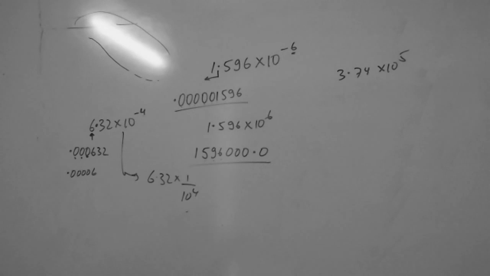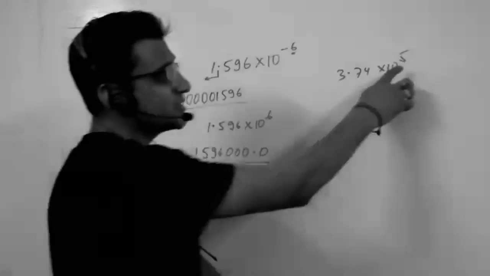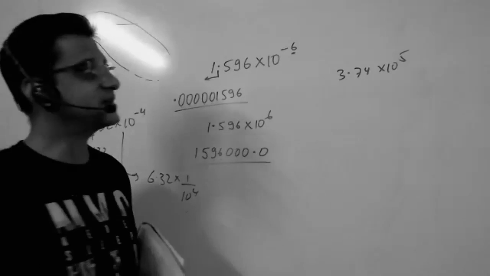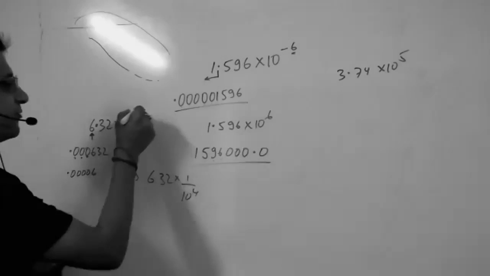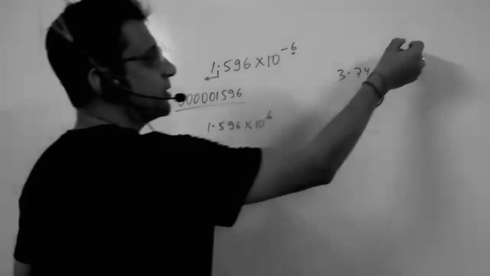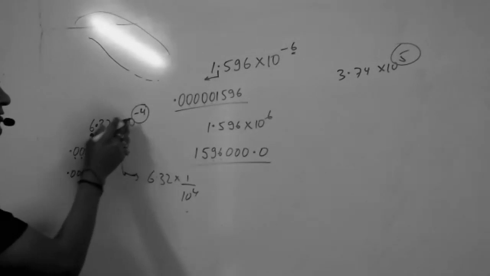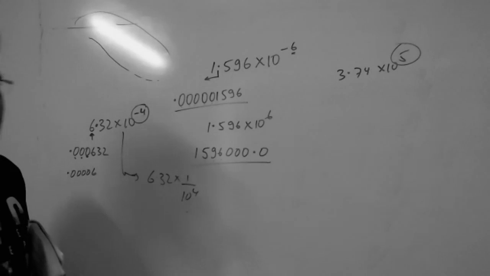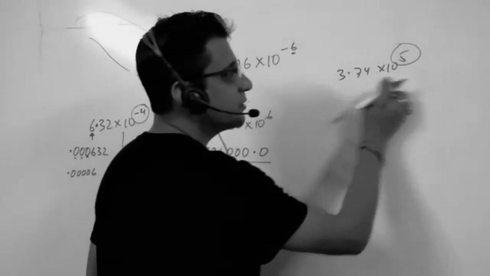Ojashwini wrong. Why wrong? Why are you making it wrong? This is positive. How are you making it left hand side? Please understand: when the power is negative, what do you have to do, and in positive, what do you have to do? In negative you will go left hand side. Why? Because you are dividing it. The number will become less. In positive it will go right hand side.